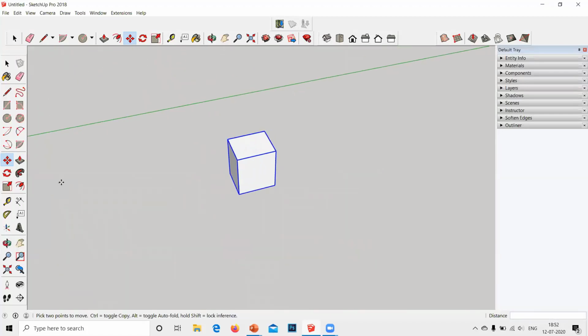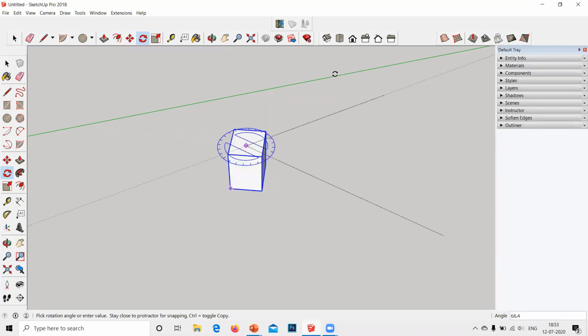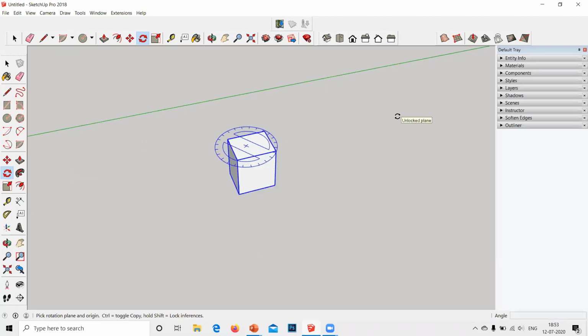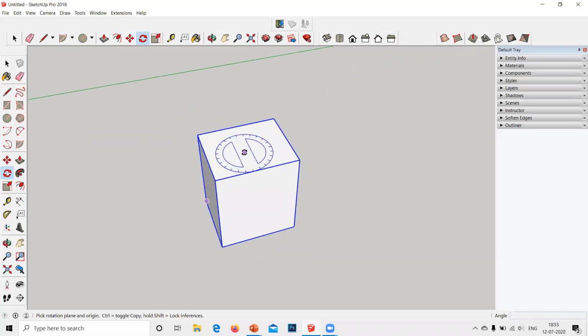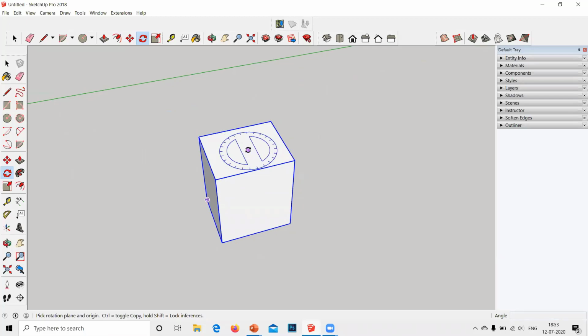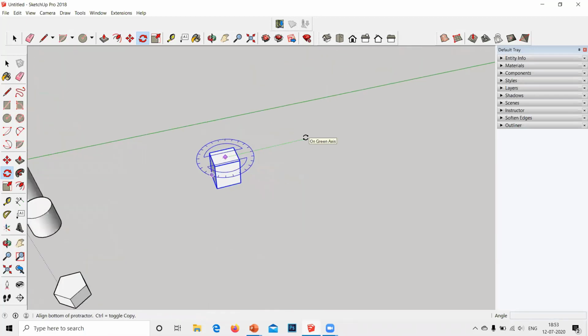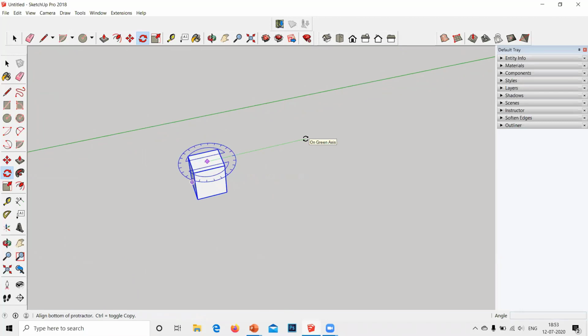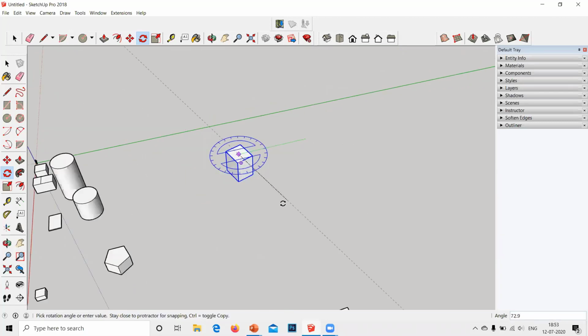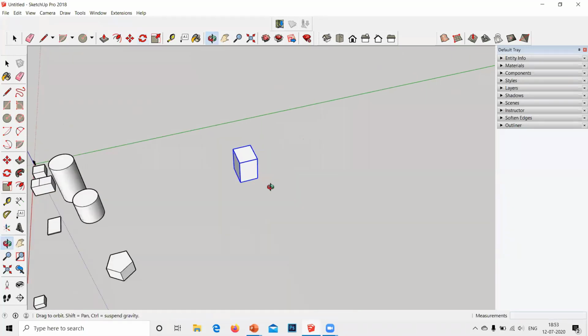Now I'll come to rotating. What is rotating? Go to this rotating option. Click anywhere on this plane. Select any other point and move your mouse. As you can see, this whole thing is rotating. I'll just click escape so that it turns back. If you want to rotate this cuboid along a specific plane, suppose right now it's in the green axis, you want to rotate it along the red axis like this. Okay, it has been rotated 90 degrees.